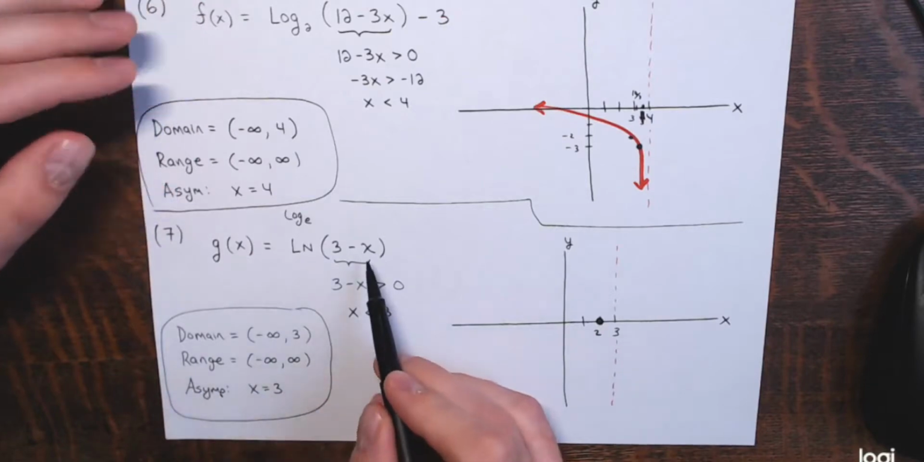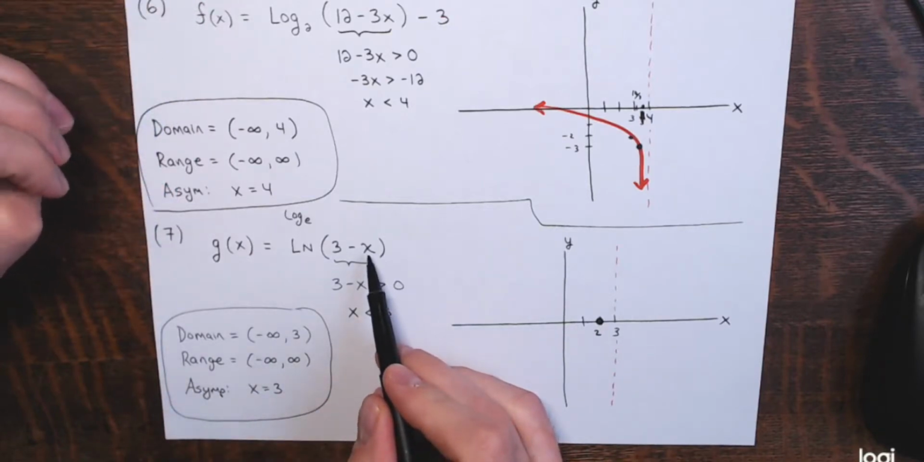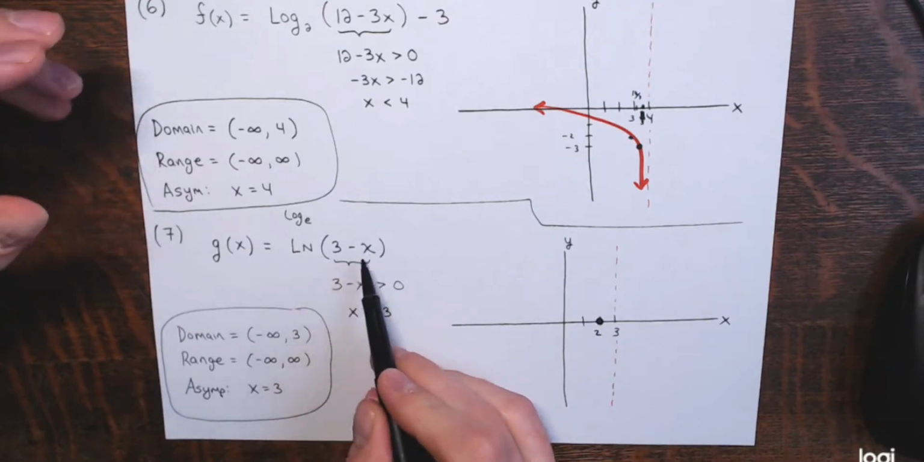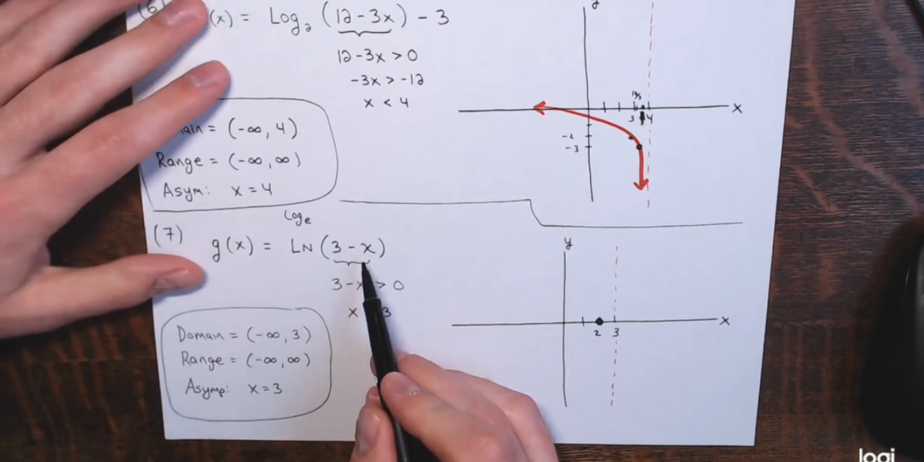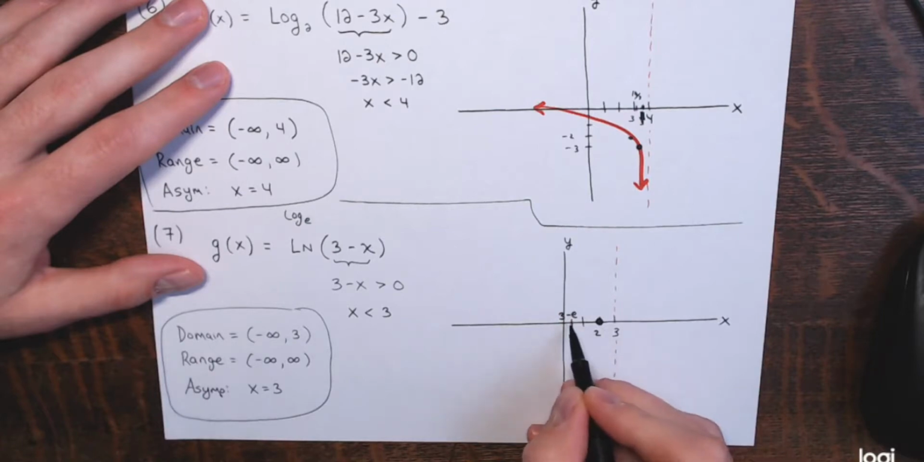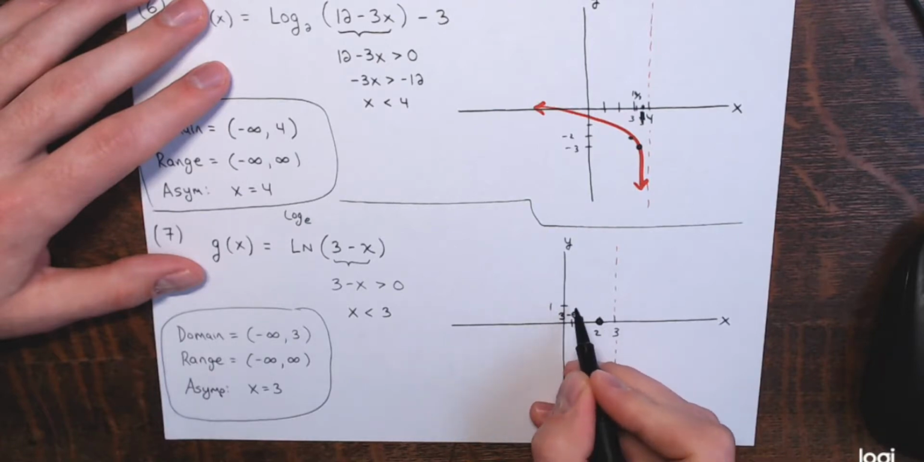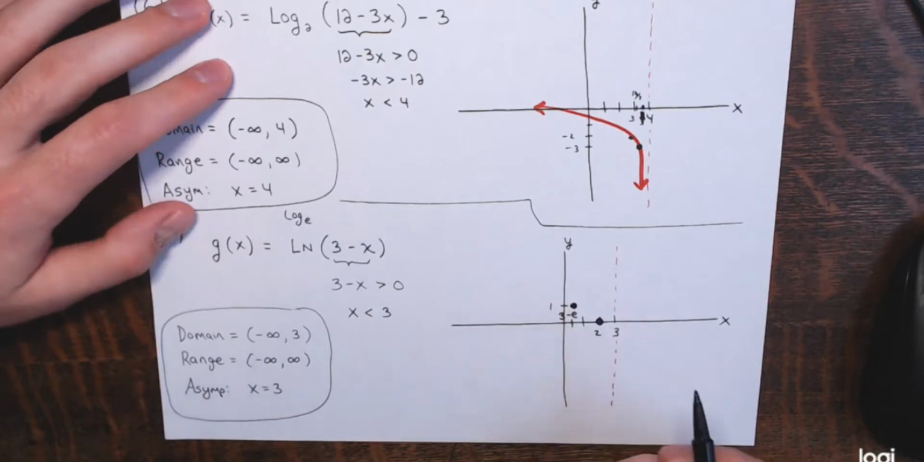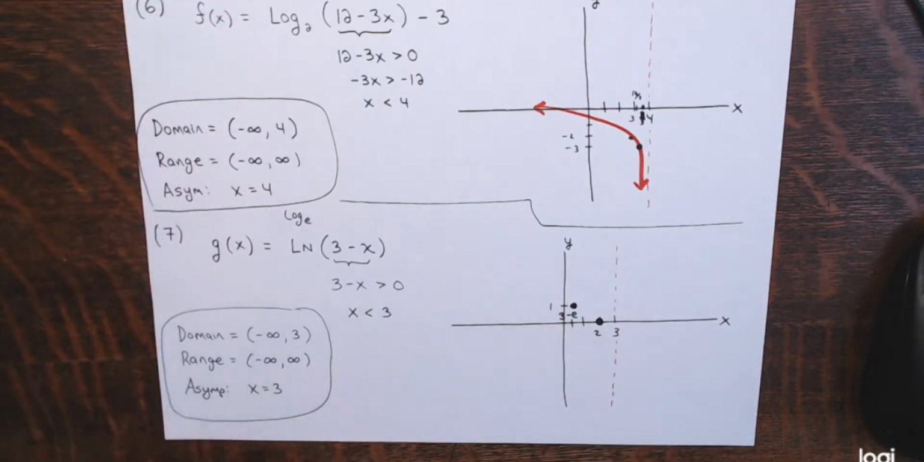And then if I plug in 3 minus e, I'll get the natural log of e, which is 1. Now 3 minus e would be about 0.3, right? So there's 3 minus e, about 0.3, and that'll give me an output of 1. So (3 minus e, 1) is another point, and you should only need a couple points